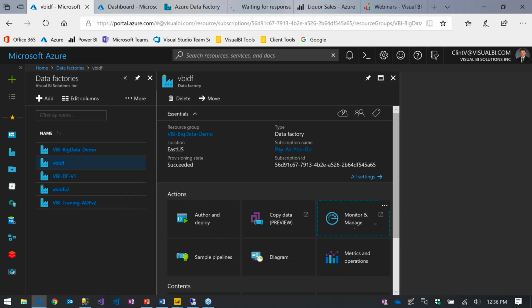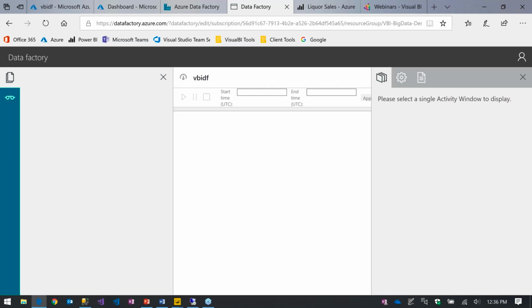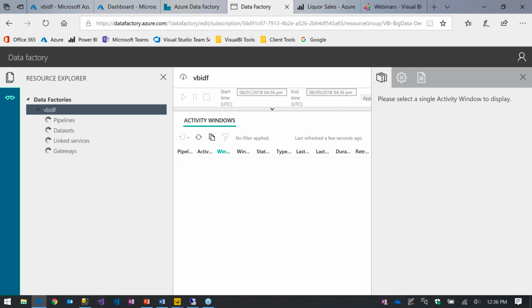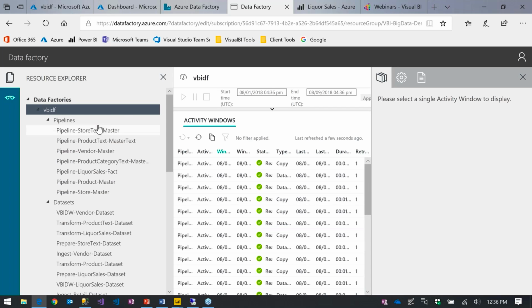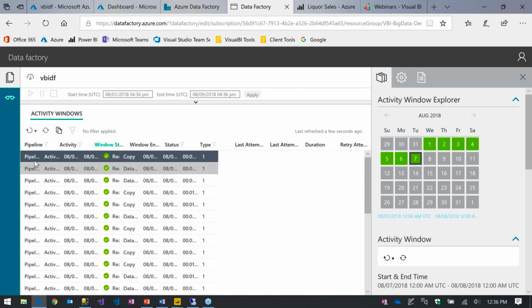Monitor and manage. We talked about triggering these things and being able to control that. Each of my pipelines here are scheduled. They're scheduled to run on a timely basis every day. You see here, they've been doing pretty well, running every single day. If I click on one of these, it's going to open up some details about it here.